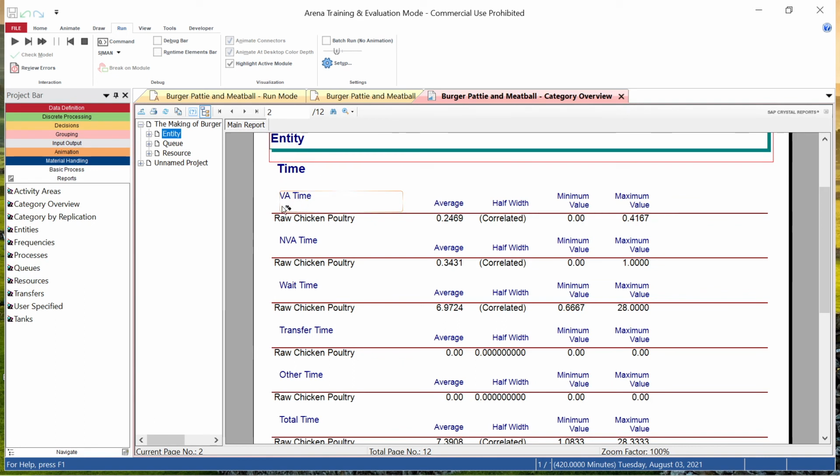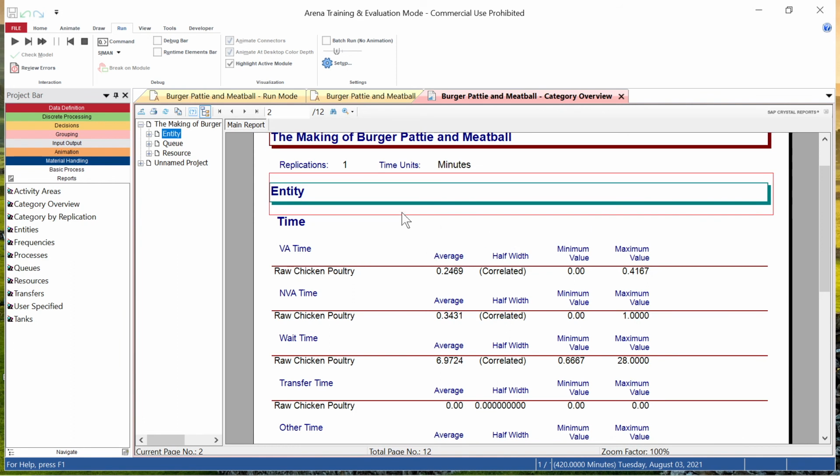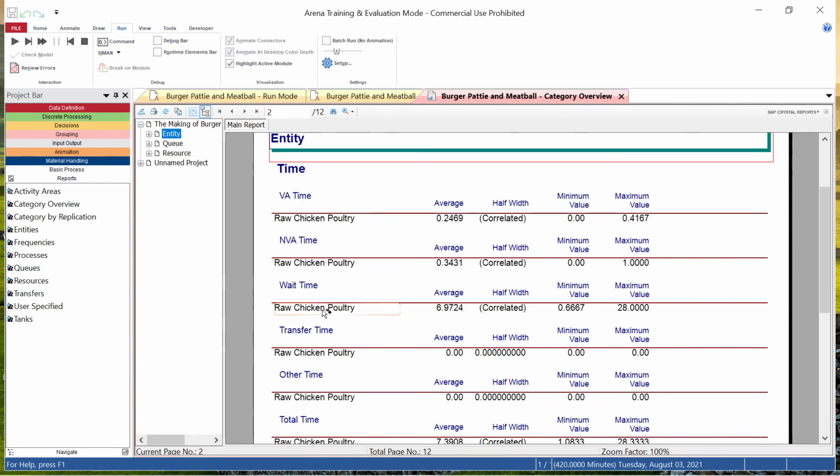If there is a value added time, you will be able to see here we are using an average of 0.2469, average meaning per minute. The time used for non-value added is 0.3431. So there is actually no minimum value here, but the maximum value added time. Okay,